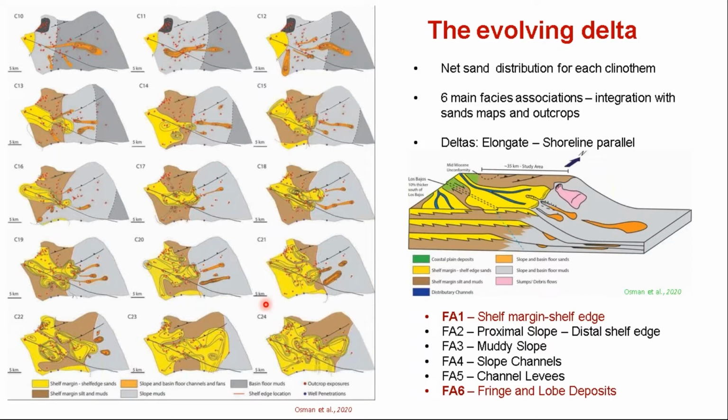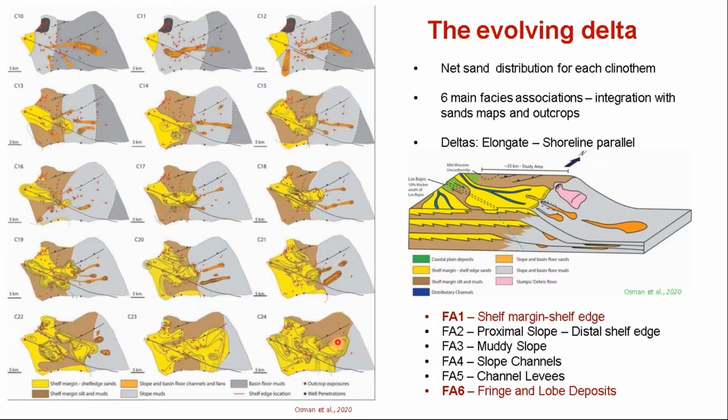individual clinothems. So we've mapped the net sand distribution from our oldest all the way to the youngest clinothem. So C10 is the oldest and C24 is the youngest. And what you can see is a real preservation of these elongate sand bodies. And integrating these elongate sand bodies with also what we see in outcrop, we assume that this likely had a strong fluvial dominance. However, with time, these systems became more shoreline parallel and potentially represent more wave dominance on our